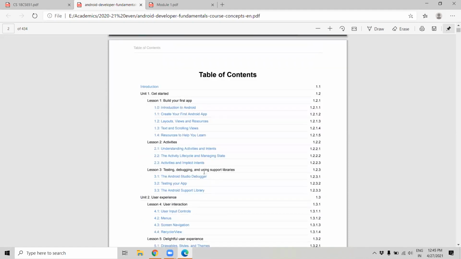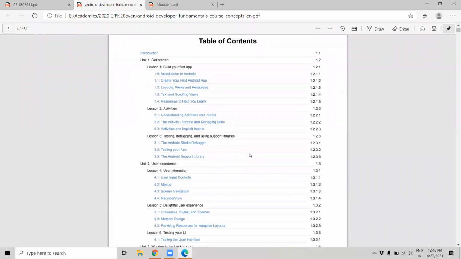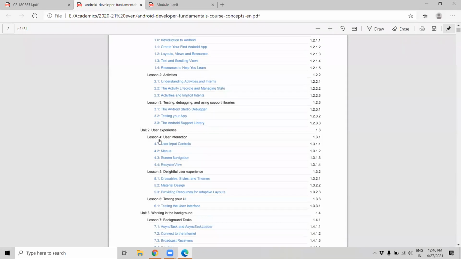See, in the first module, everything we are going to cover is what Android is, just the basics about Android, and how to install Android Studio. All those things we are going to learn in the first module. Which are the layouts, all those things, and how to create sample pages, and how to test the app that we have developed. Everything will be covered in the first module.